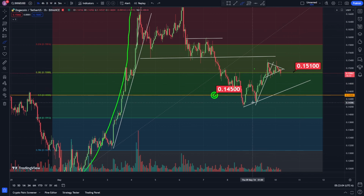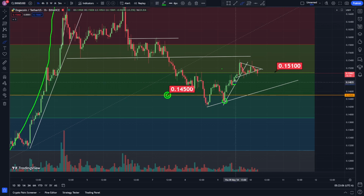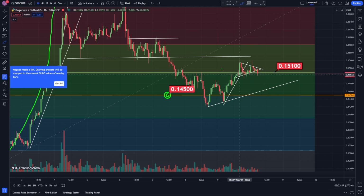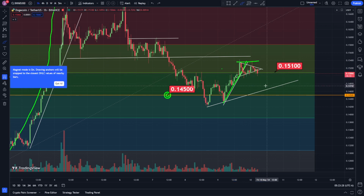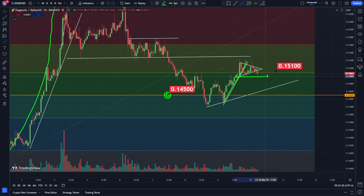So yeah, I was watching this support, this support, this support, giving me an uptrend going to the upside. We broke that going down right here, but we got support, we got resistance, and then we got a little bit of support, giving me a little triangle pattern. And like I've been saying, we watch the trend line, and if it starts breaking sideways, then we watch the top, and then we watch the bottom. This one hasn't necessarily broken the bottom per se, but the bodies of the 1 hour time frame kind of formed a little triangle pattern, and it did break that triangle. Let's see if it breaks